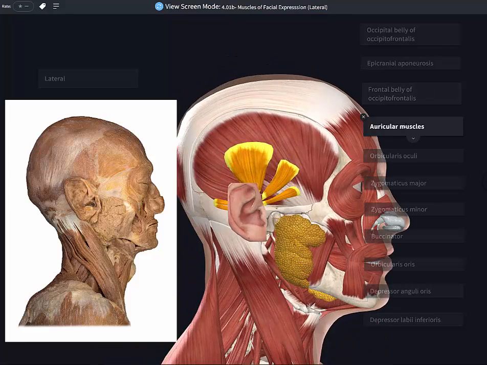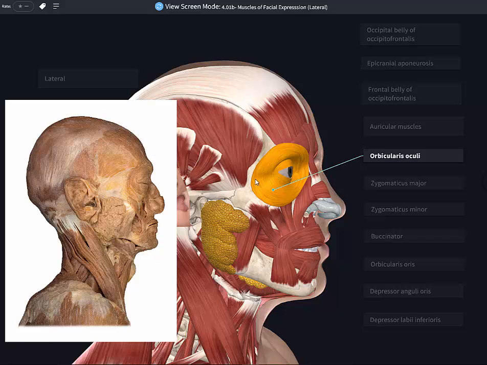We have muscles associated with the ear, so they're called auricular muscles. Here's your Orbicularis Oculi. The large ring part here is going to be the sphincter that helps pinch your eye closed. Okay, and in addition to that, you also have a smaller part, the one on the eyelids, which is